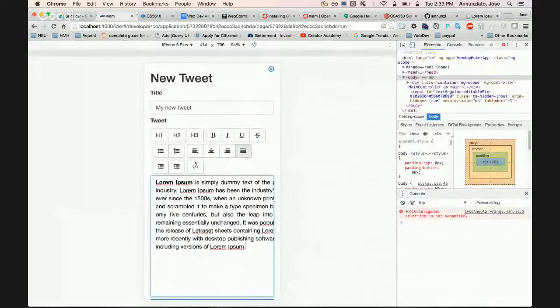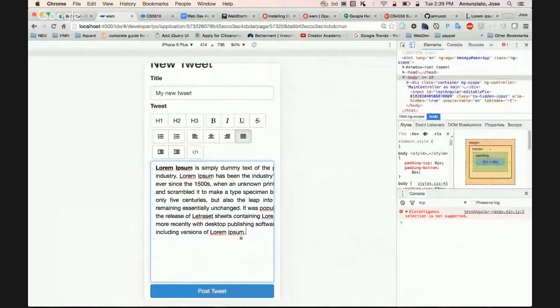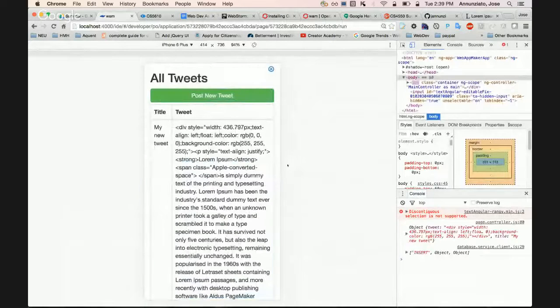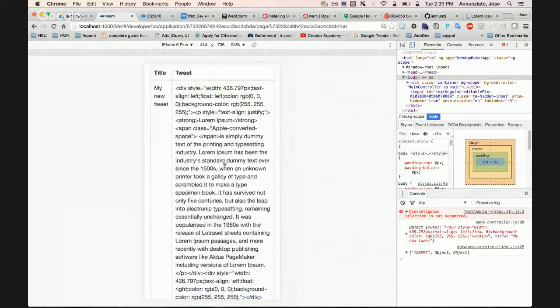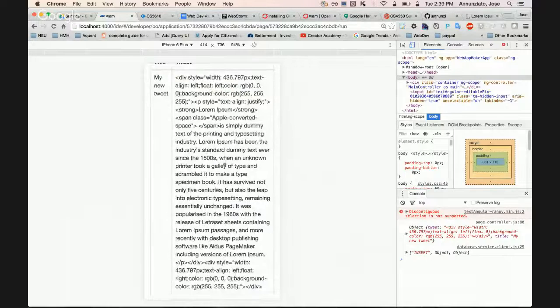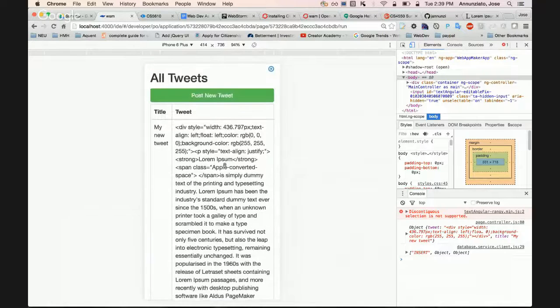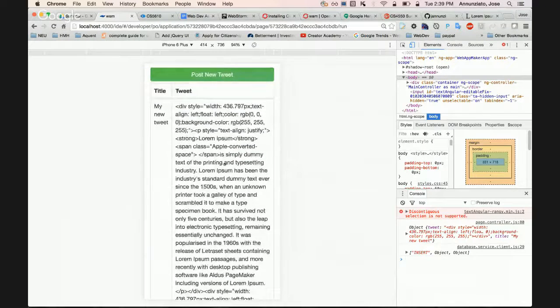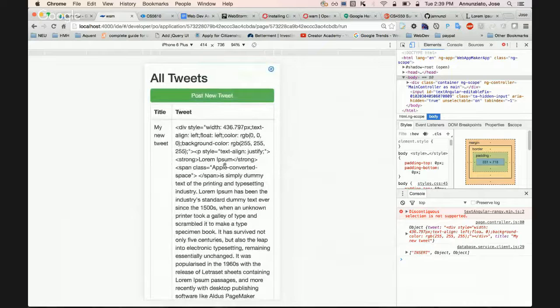Where are you? Paste. Post and tweet, and there it is. Right, it actually posted the content in the database. Posted in the form of a data table, which is very hard to read, huh? It's kind of hard to read, but nevertheless, it did put the data in the database, right? So it's a full-blown application, implemented just with a couple of drags and drops, right?